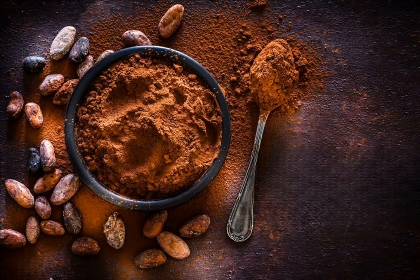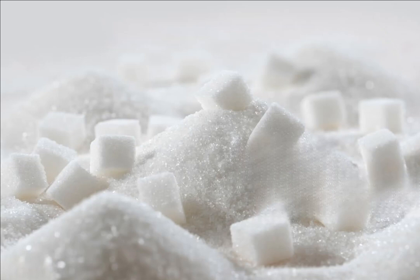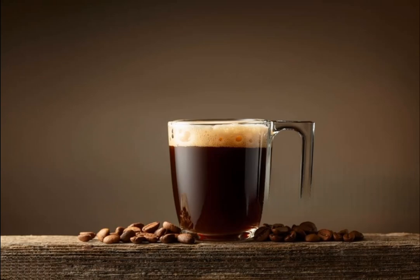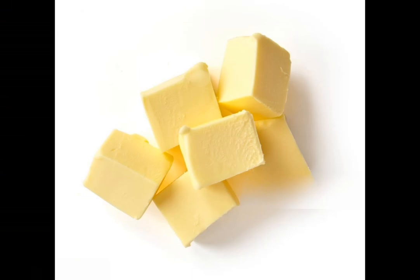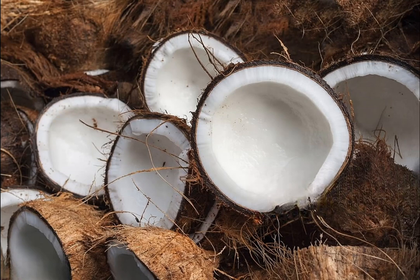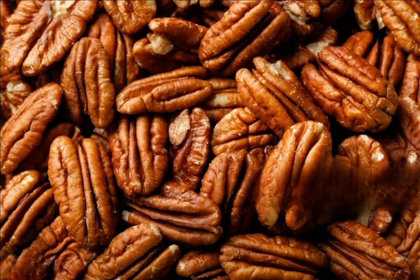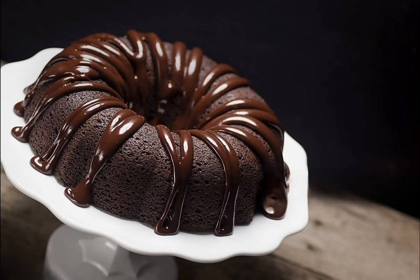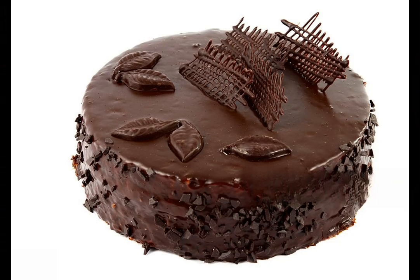You'll need cocoa powder, flour, buttermilk, sugar, eggs, coffee, baking soda, vanilla, baking powder, vegetable oil, butter, salt, egg yolks, coconut, evaporated milk, pecans. Ingredients: cake batter, 2 cups all-purpose flour, 1 1/2 cups granulated sugar, 3/4 cup cocoa powder, 2